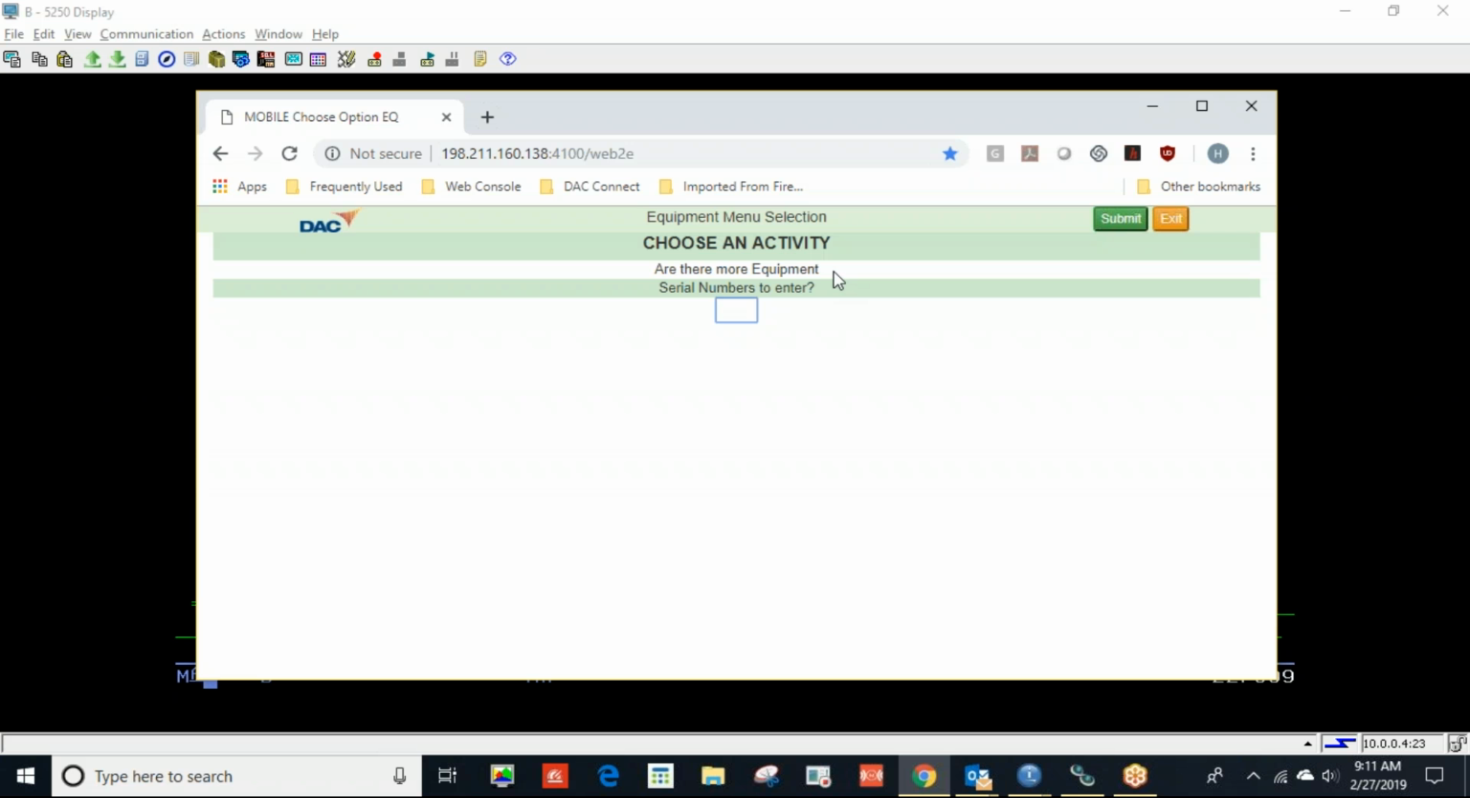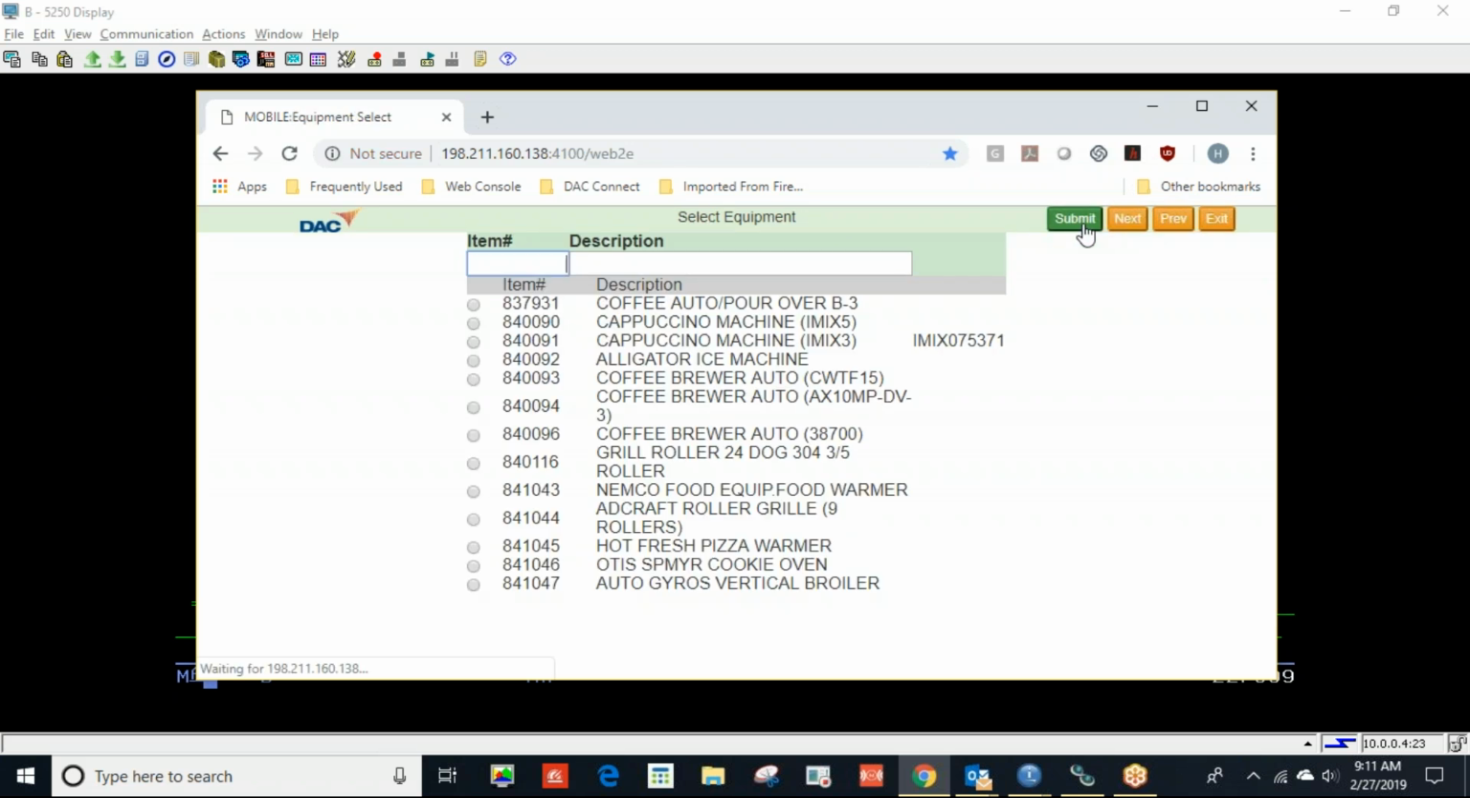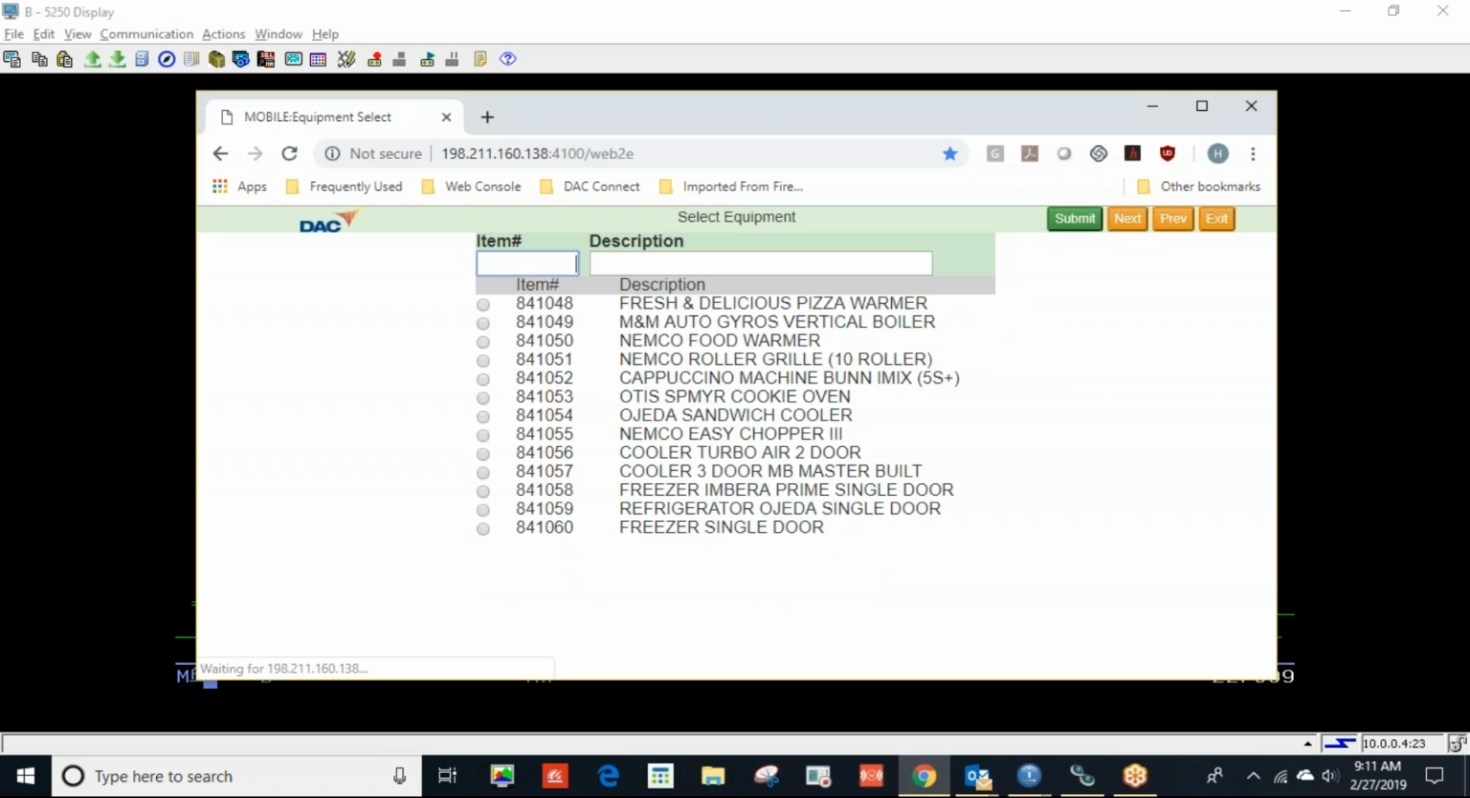So if I say yes, there's more gear in this store, I'm going to say yes to that and hit submit, and it brings back up to let me choose items again. So I'm kind of in a loop here, and I can page on ahead, and I can find another item,